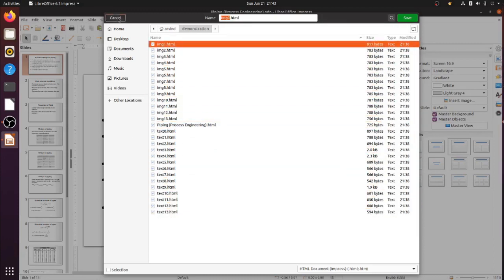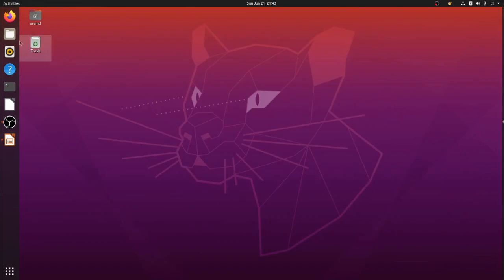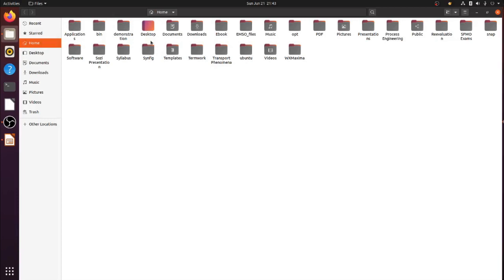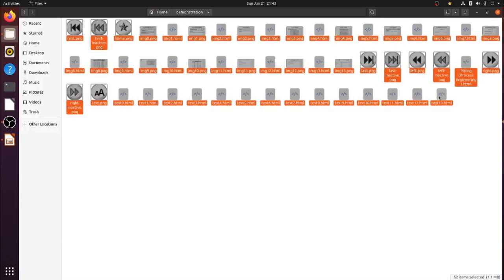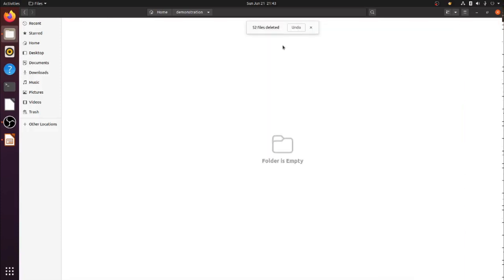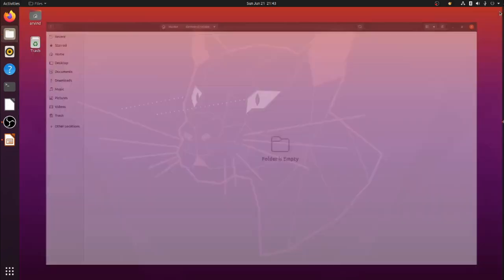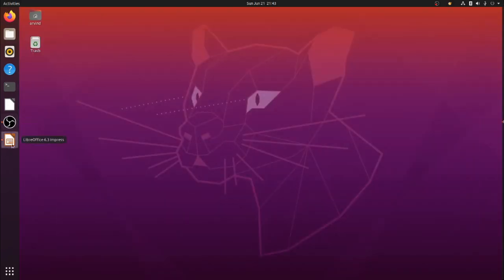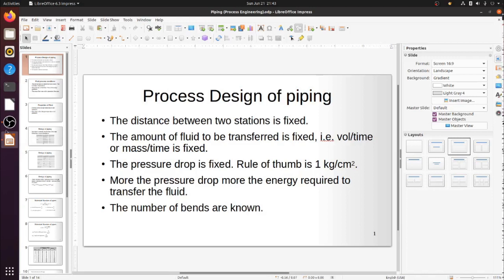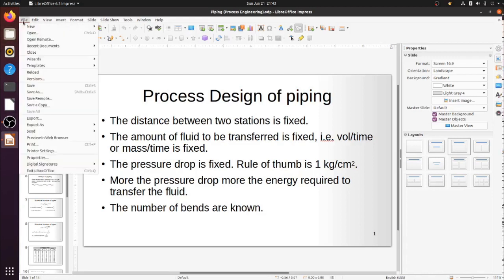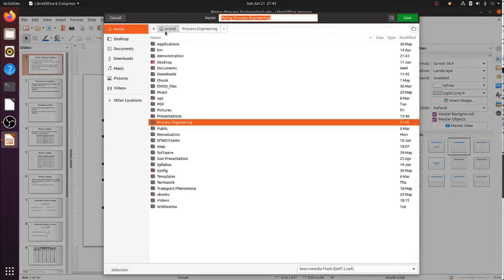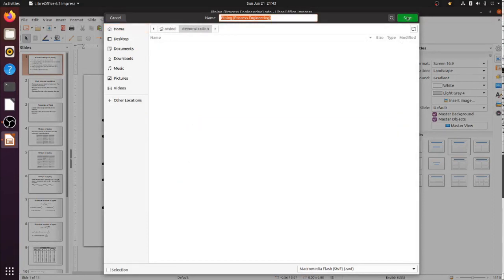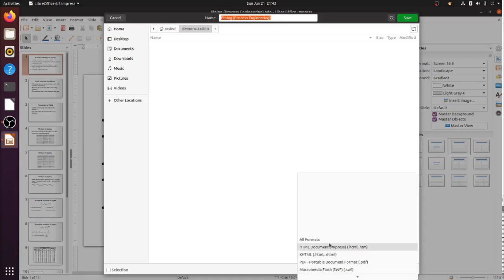So what I can do is cancel this window now, open demonstration folder, select all the elements in this and delete it off. Now again go back to my presentation, go to File, go to Export, select the demonstration folder, go down and select HTML document